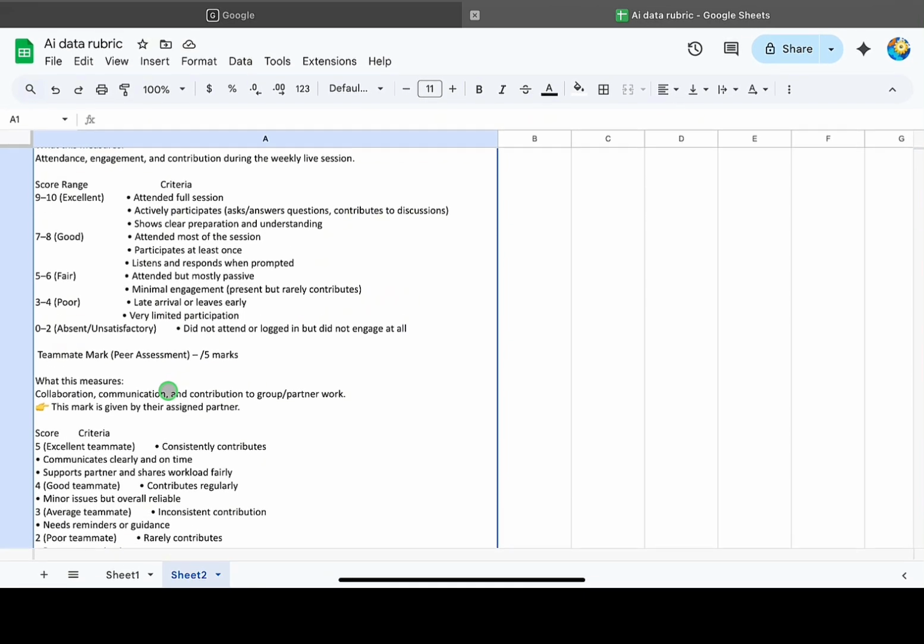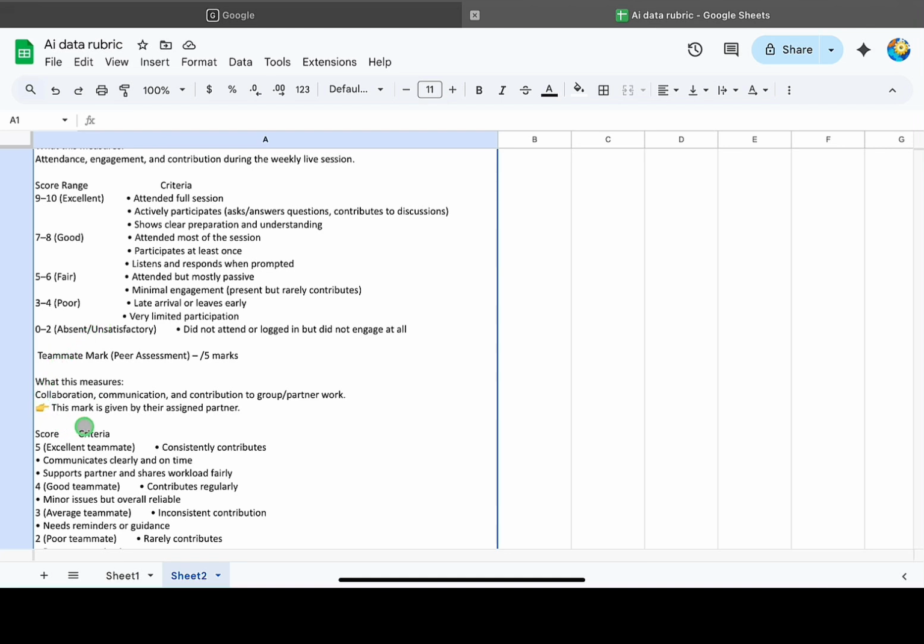If you aren't able to attend, maybe you have other reasons that were beyond your control, you do have to engage with me, and then we can see what we can do. But this is how we are going to be scoring it. So you might not get the marks for attending, but you might be able to make it up through